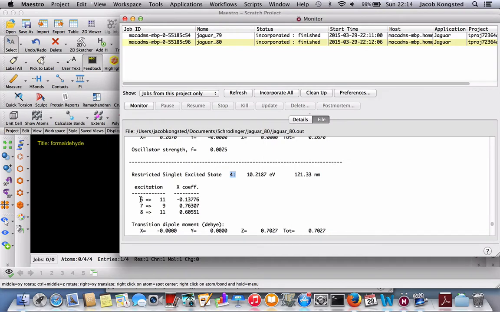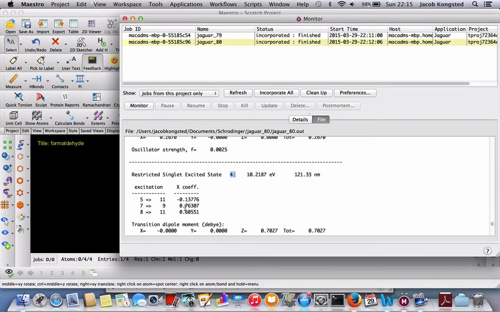One of them consists of a promotion of an electron from orbital number 5 to orbital number 11. One is a Slater determinant promoting an electron from orbital number 7 to orbital number 9. And the third contribution is a Slater determinant which consists of a promotion of an electron from orbital number 8 to orbital number 11.